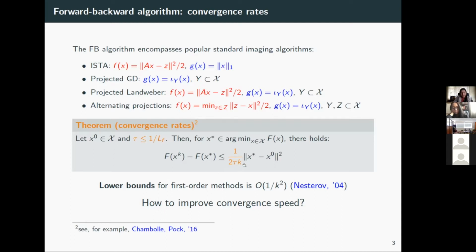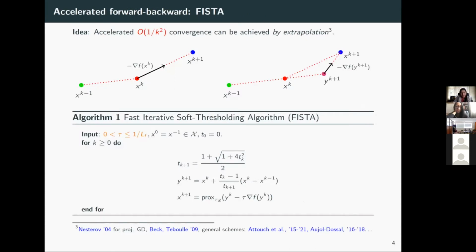So is there any way to modify a proximal gradient algorithm so that you go towards your faster bound instead of the larger one? And the idea is to introduce inertia. So just to give you a graphic interpretation of that, if you denote by xk the sequence of iterates that you compute by using your proximal gradient algorithm, the idea is that at step k, instead